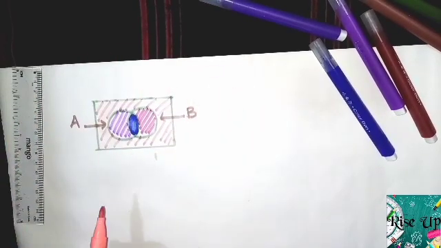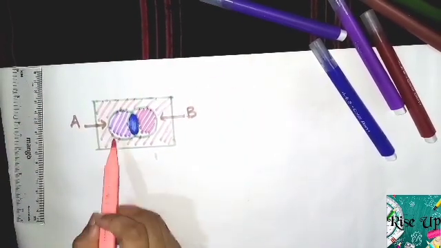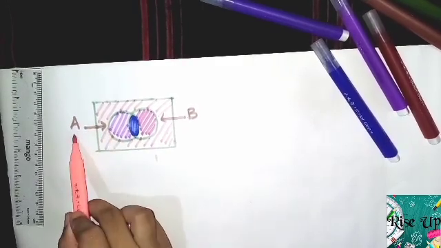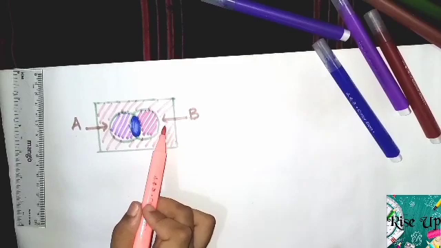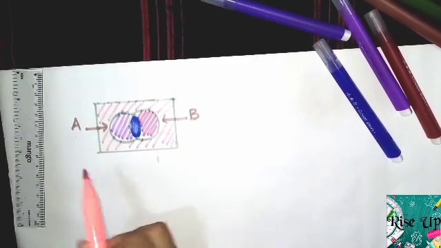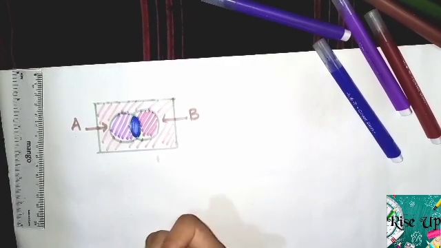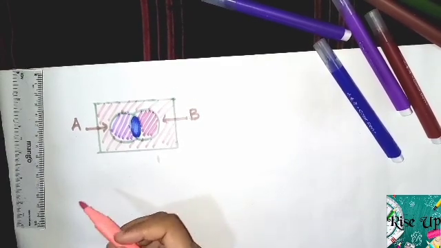This is called a Venn diagram. In grade 4, we learn only with 2 sets. So this is named as set A and this is set B. It is not compulsory to name it as set A and B. You can have different names for that. In the examples we are going to do, you can understand how to name it.